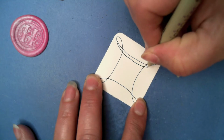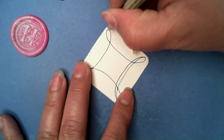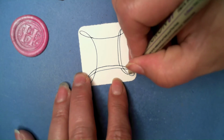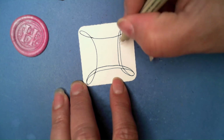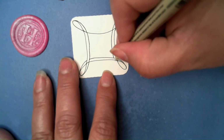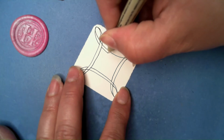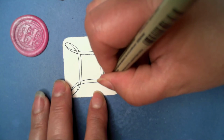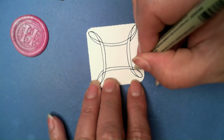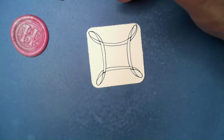So the challenge is that you're going to have at least this one line that is going over. There's just really not any way around that, at least Zentangle wise, because what we want to do is not a lot of planning and all of that kind of thing. So we just make do as it is. Okay, so then there's that band, and we're using the Hollabal technique on the one side, right? Okay, and then one more. Neaten that up a little bit. Oh, well, now that I've done that, I could go back, but now that I'm doing it, why stop now? Okay, so once you've gone all the way around,